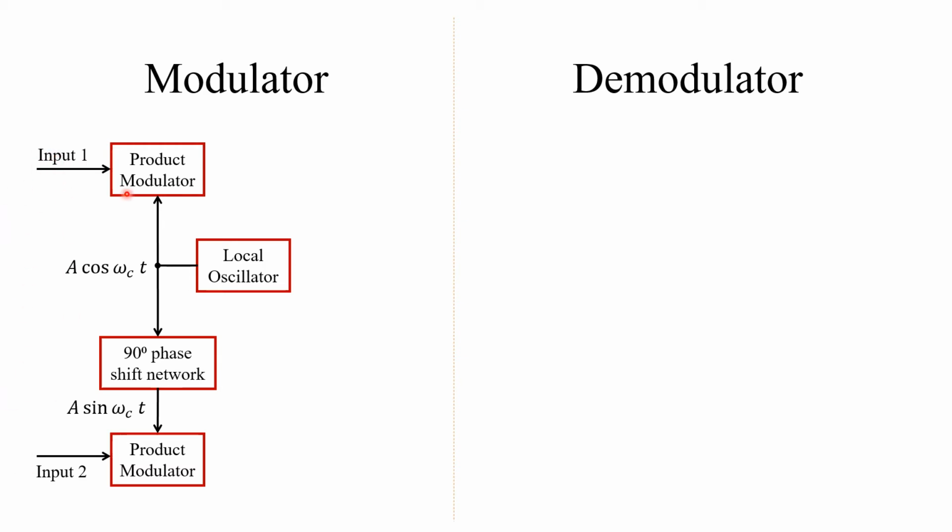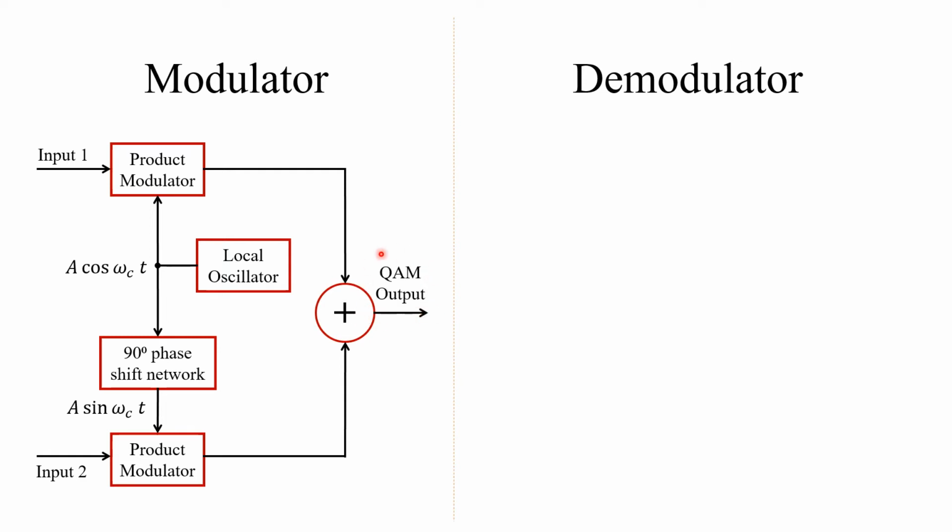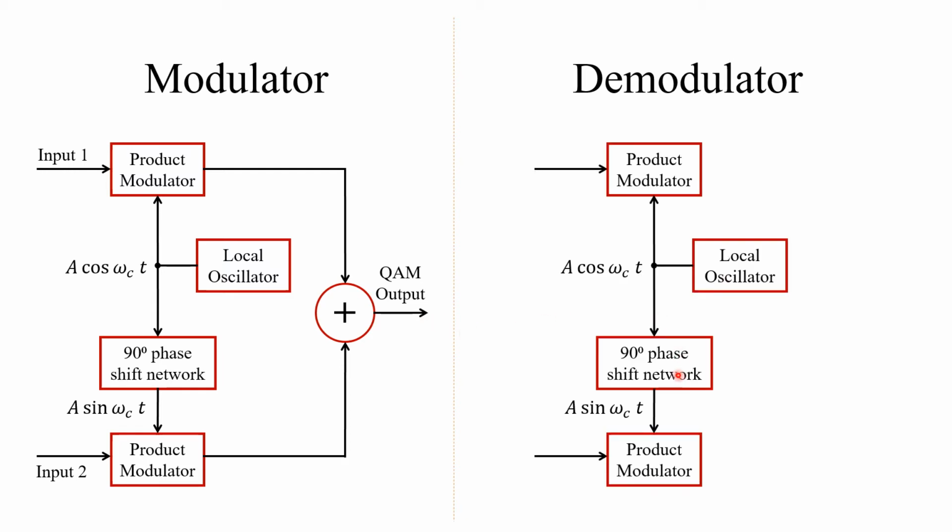One message signal will be modulated onto the cosine signal, and one input will be modulated onto the sinusoidal signal using a product modulator, and their outputs are combined or summed together and the QAM output is generated. This output is transmitted over a long distance, and at the demodulator end we will need the same setup of local oscillator, 90-degree phase shift network and product modulator, because as we know, this is a coherent